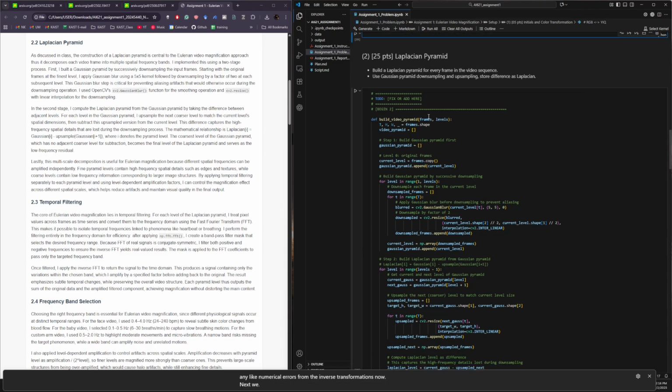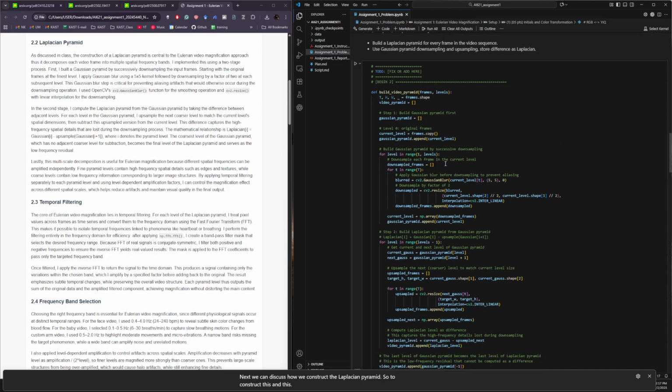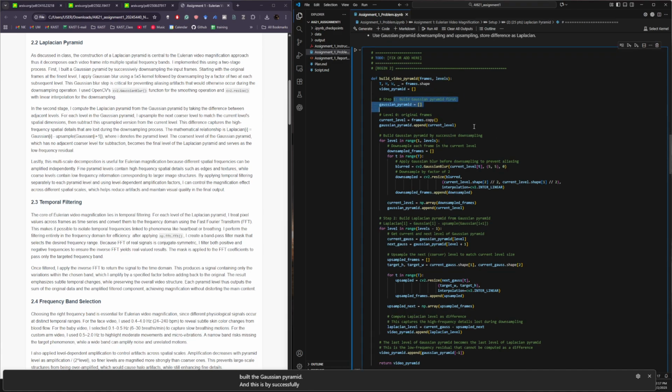Now, next, we can discuss how we construct the Laplacian pyramid. To construct this, and this being very central to the approach, as discussed in class, I implemented this using a 2-stage process. First, I built the Gaussian pyramid, and this is by successively downsampling frames, and then we start